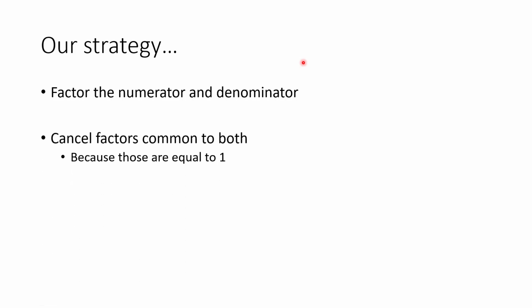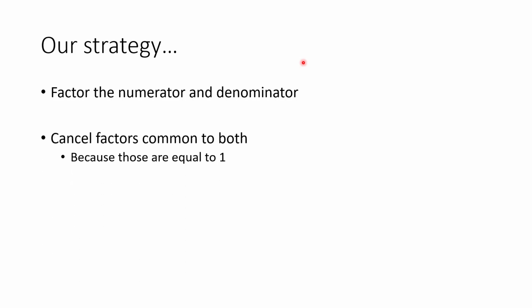So here's our strategy for simplifying rational expressions. Factor the numerator and denominator. Okay, with numbers, you don't always need to do that because we work with numbers so often that you might be able to look at something and say, hey, the one I just did, I can divide by 8. But for things that are more complicated where the factors are not stuff that you can just see, go through the process: factor the numerator and denominator, and then you're going to cancel factors that are common to